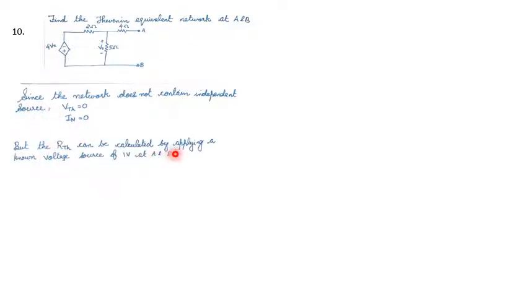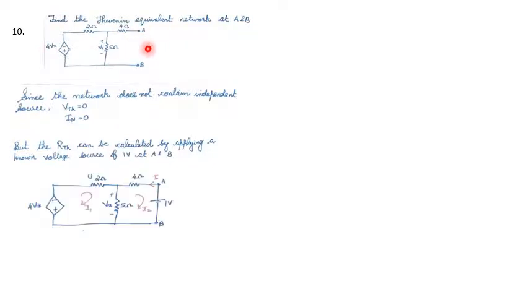But the RTH can be calculated by applying a known voltage source of 1 volt at A and B. In order to find out RTH, we have to place a known voltage source between terminals A and B. A known voltage source, and magnitude of that voltage source is assumed to be 1 volt. Now find the value of current I. In order to find I,